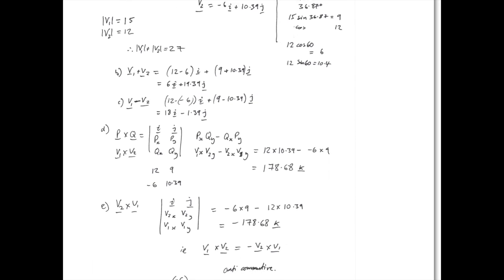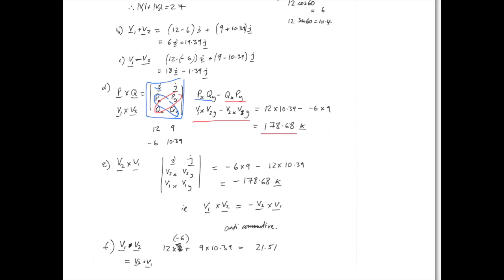Okay, so to find the actual numbers, there are several ways to do it. Perhaps the easiest is to write it out similar to this, and then say, okay, for the i component, you take the sum of the diagonal here minus the reverse diagonal sum. So for these quantities, it's those given here, and it gives you a total of 178.7